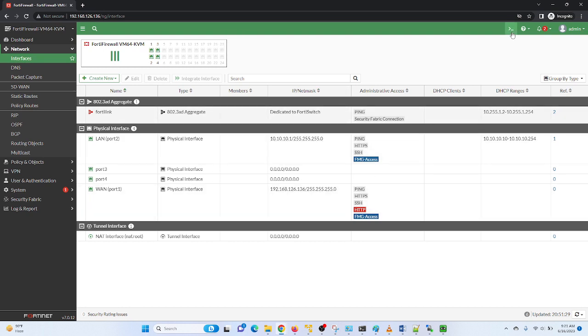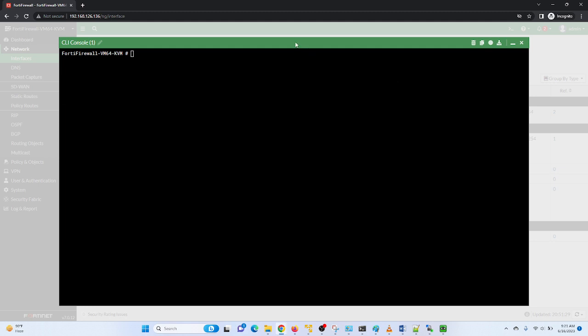Let me first show you how you can configure a static IP through the CLI, because sometimes some of you may face issues with DHCP because your firewall is not getting an IP through DHCP, so you can configure it as static. You have to go under config system interface, and by default the interface, suppose port 1, would be in DHCP mode. If you want to configure a static IP on that port, you first have to disable DHCP and enable static. So just do edit port1, hit enter, and then